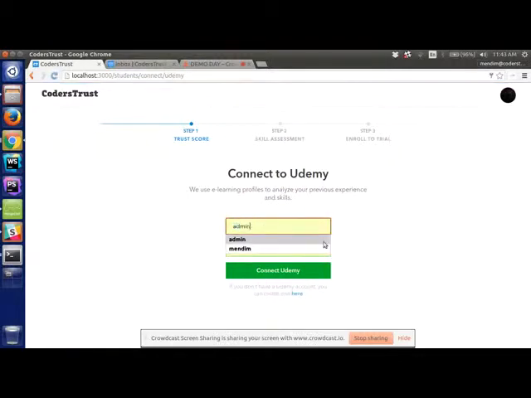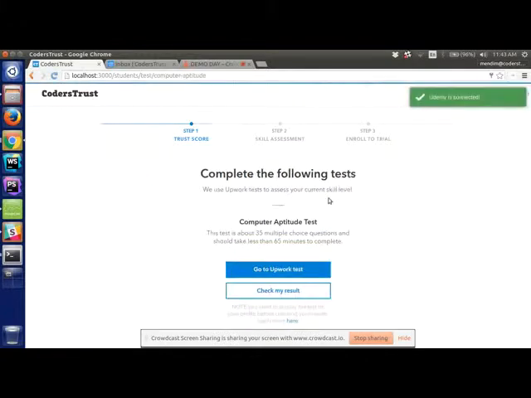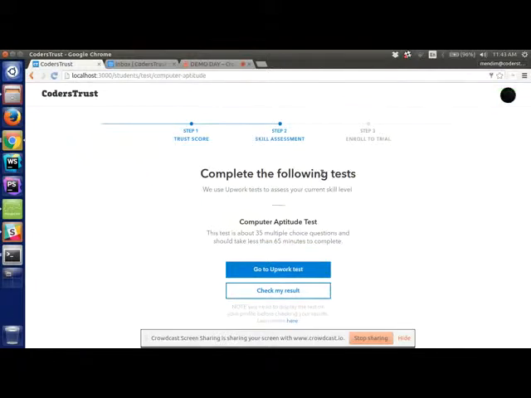So I'm just putting my credentials in here. We need to wait a little bit. Okay. And right now I have connected Facebook, Upwork, and Udemy.